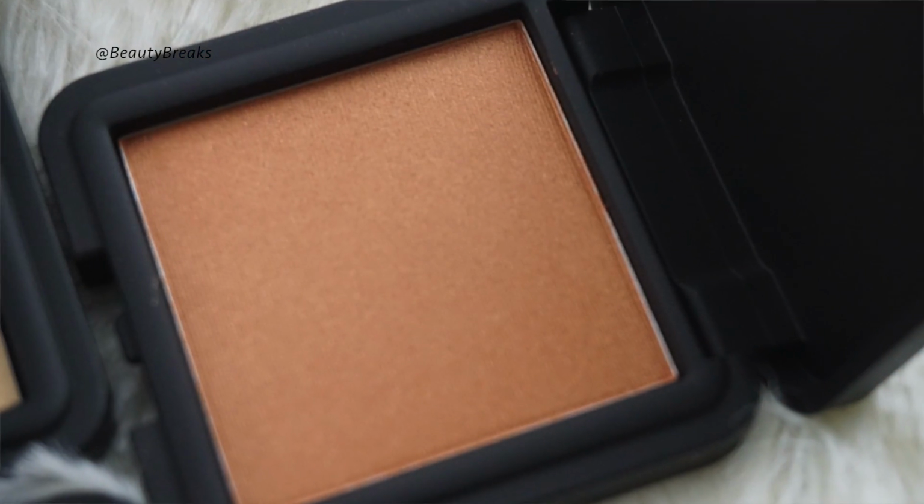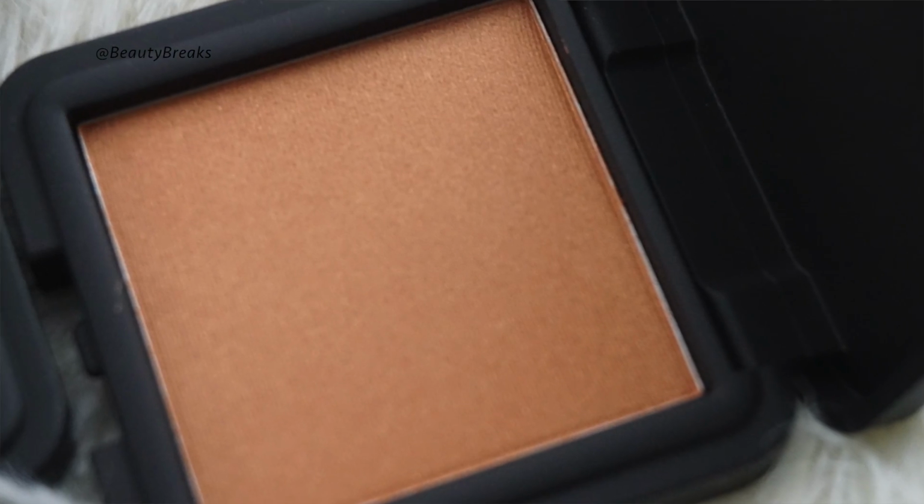105 is the shade. This is more of a copper bronze kind of color, a copper peachy bronze. It is quite nice. As I said, it's a shimmer tone. I really like the fact that I didn't get any fallout with any of these eyeshadows that I used today. I thought this one would come out a bit more pigmented than it did. I did have to go back on top of it to try and get the metallic shade to look